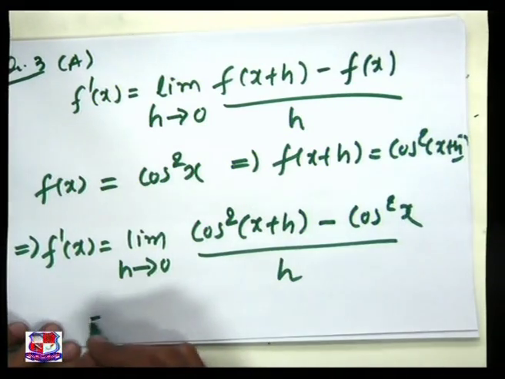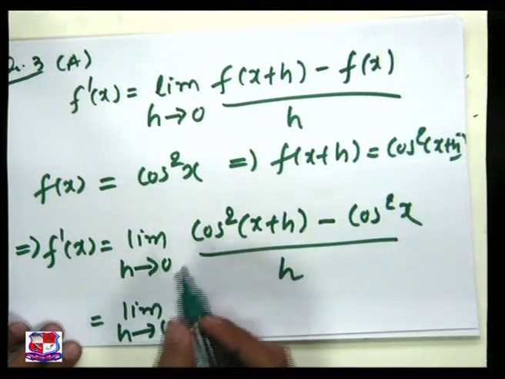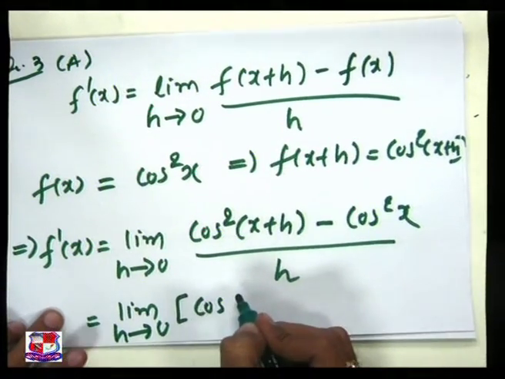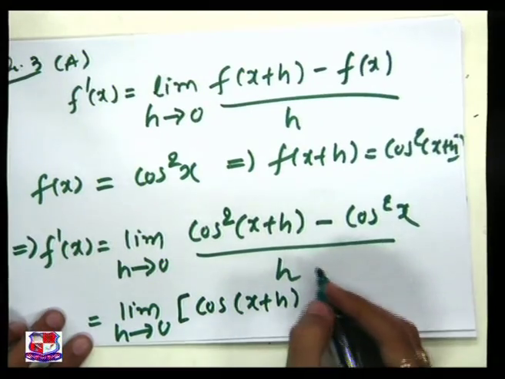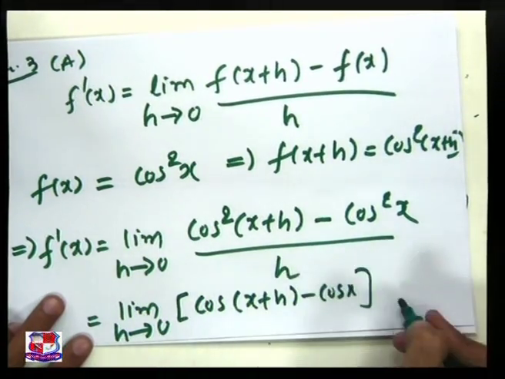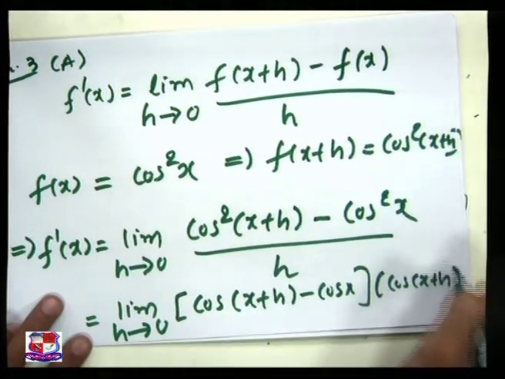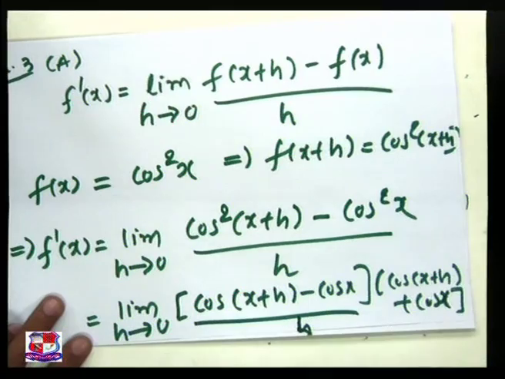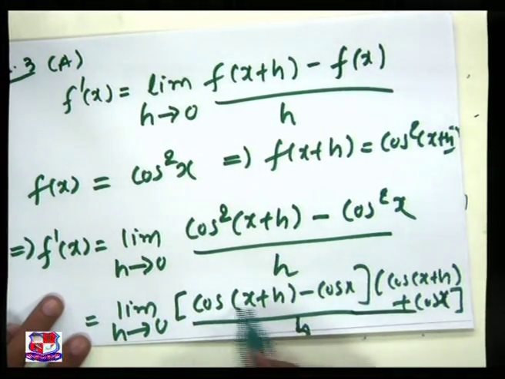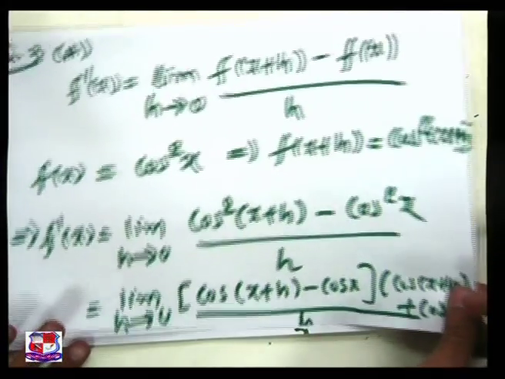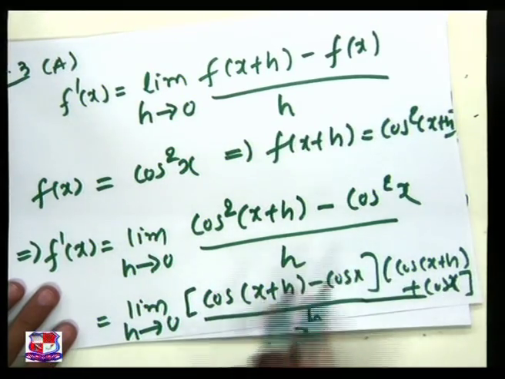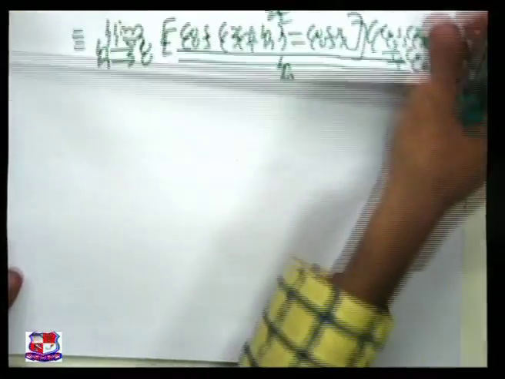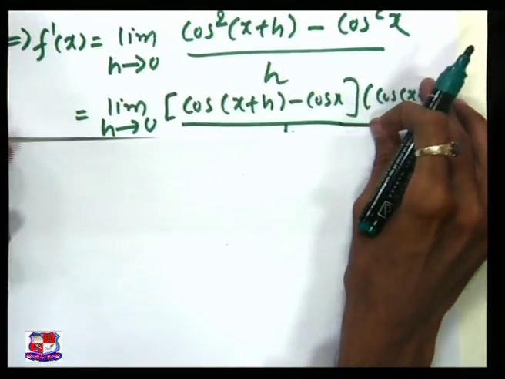So here I can write this one is equal to limit h tends to 0, a square minus b square, that is a minus b, so that is cos x plus h minus cos x, and cos x plus h plus cos x, and divide by h. So this is a minus b into a plus b, and then we will use the formulas cos C minus cos D is equal to minus 2 sin C plus D by 2 sin C minus D by 2, and cos C plus cos D is equal to 2 cos C plus D by 2 cos C minus D by 2. So using those two formulas, we can write here